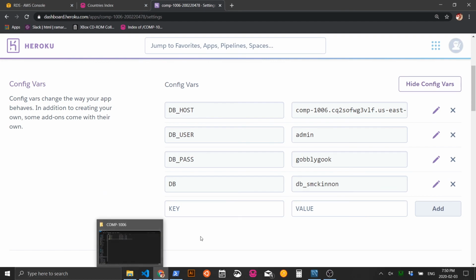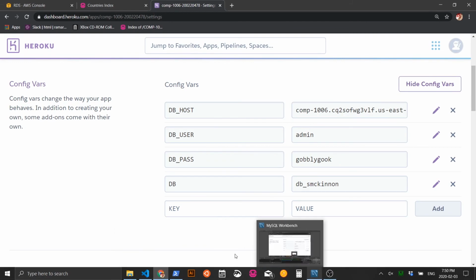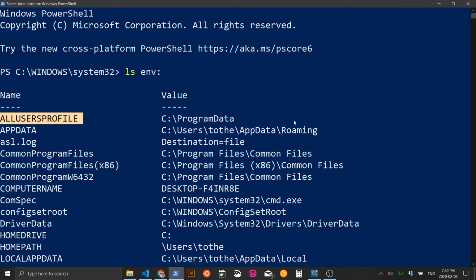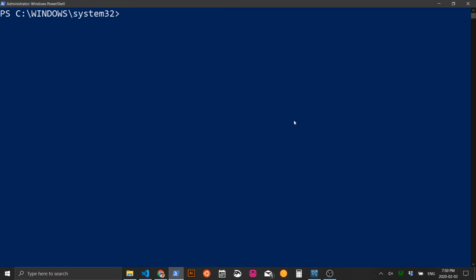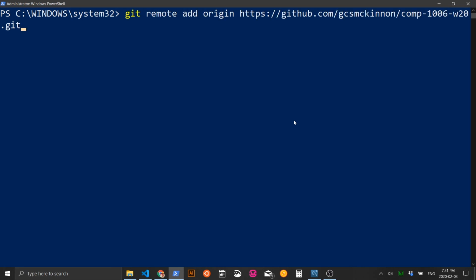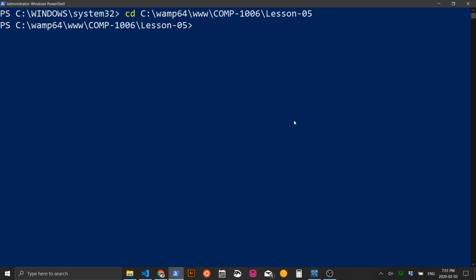All right, last thing before we go, we just want to push our code. I'll do it from PowerShell because I know some of you are having issues with the one that's built in. So just make sure you're in the correct directory. Let me make sure I grab the right one here. By the way, if you press up, you can cycle through commands you've written before